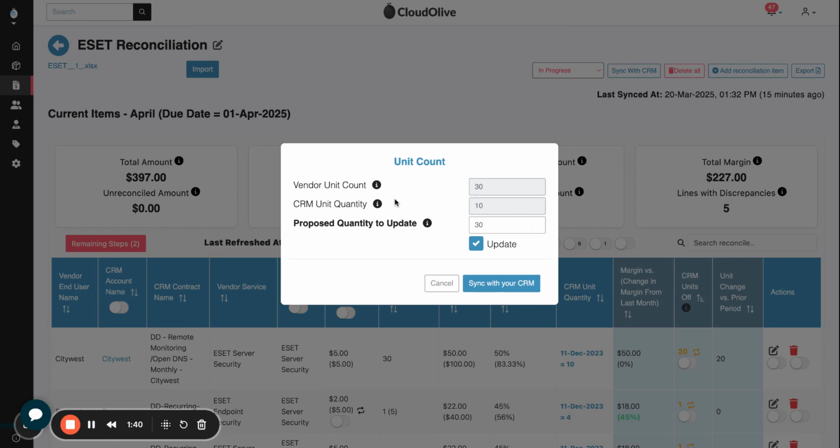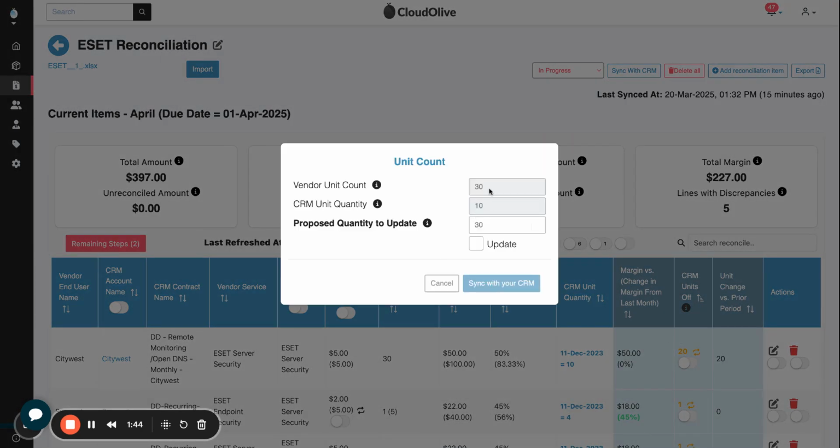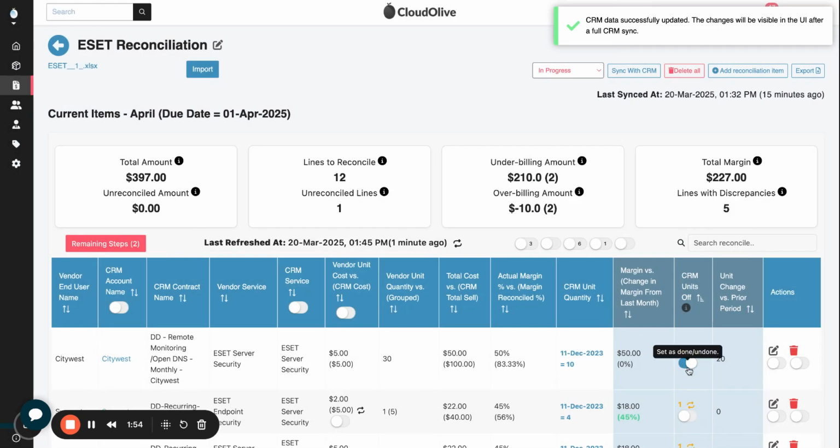So what this is doing now is there is a pop-up. So it's not going to happen automatically, as you see. It's saying the vendor count is 30, currently inside the CRM is 10. Would you like Cloud Olive to make that match? Yes, I do. So by syncing that, the little set done toggle automatically slides across. And the reason why we do that is